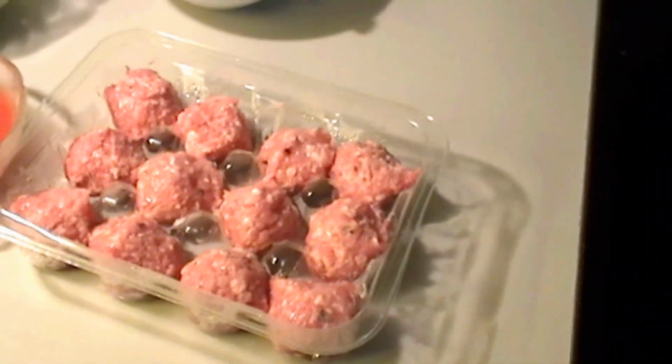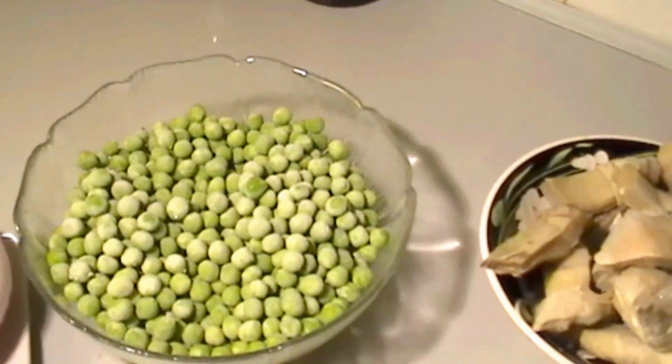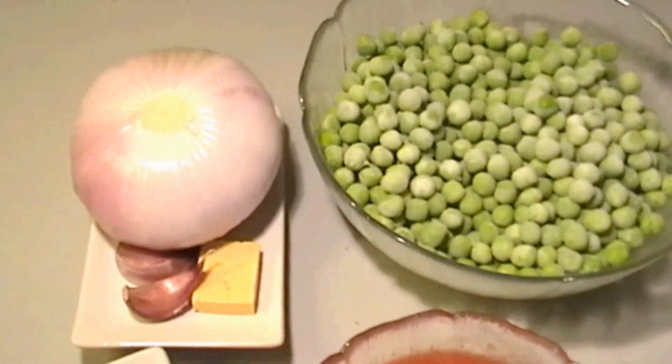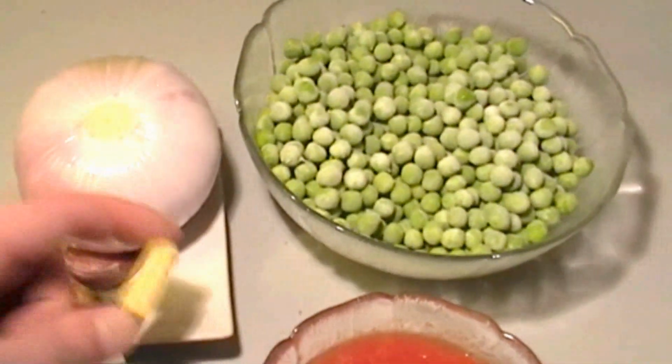Today we're going to make Mediterranean meatballs. For this we need meatballs, artichokes. Now if they're not in season, these are actually frozen because they're not in season at the moment, but they are better with fresh. And we have frozen peas here, you could also use fresh, a large onion, garlic, chicken stock,